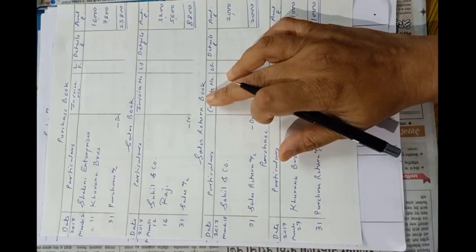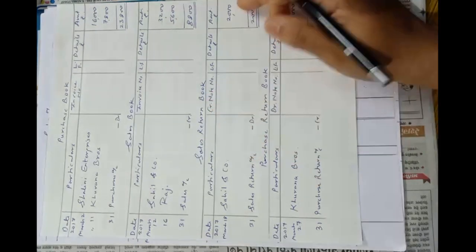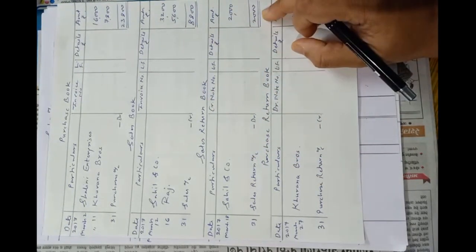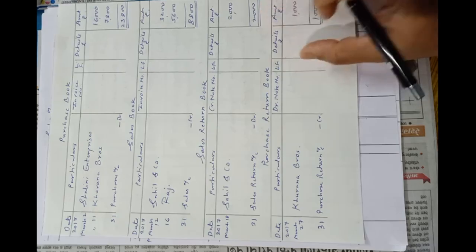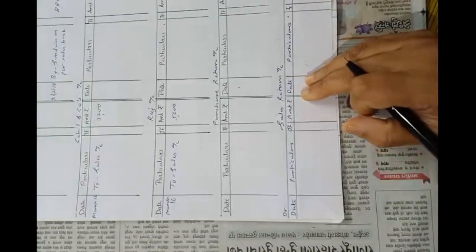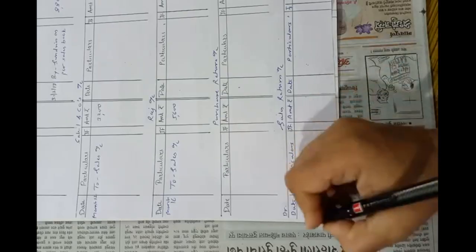See, in the sales return book only one part is there, Sahil and Company 2,000. So the total of the sales return book is rupees 2,000. So the sales return account will be debited and the party's account will be credited, obviously. So here it is, the sales return account. Debit side of the sales return account on 31st March